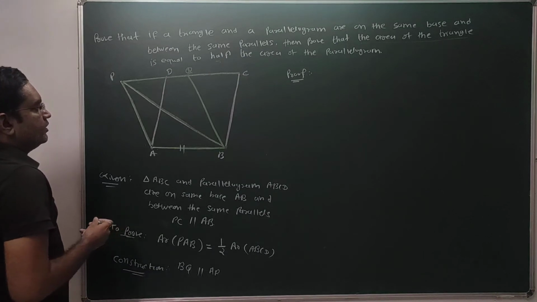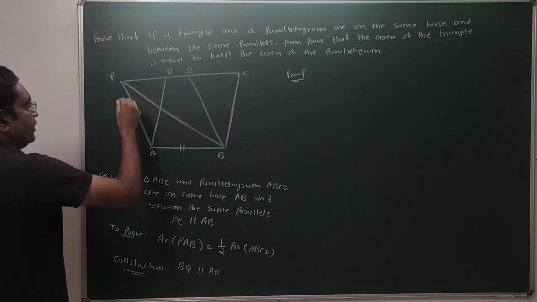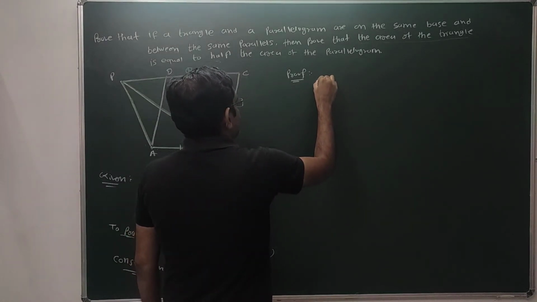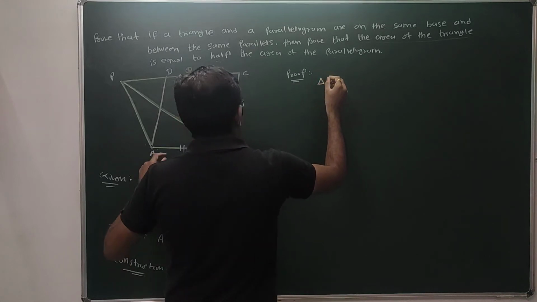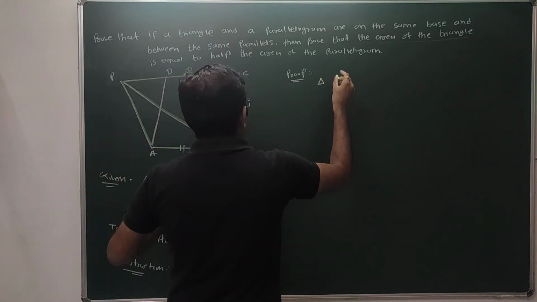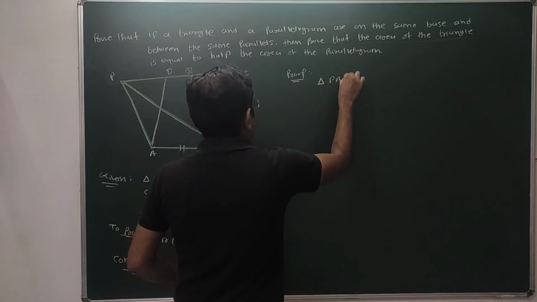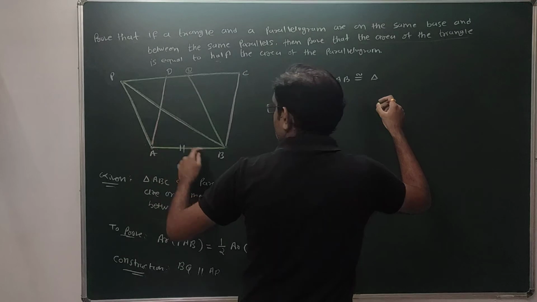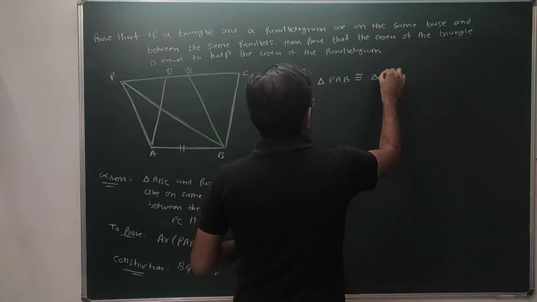Done? Let's write in detail. Triangle PAB is congruent to triangle BQP